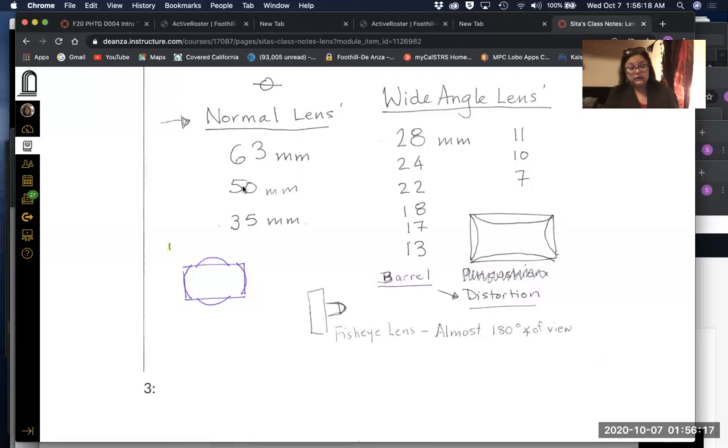So very, very short lenses can give you an angle of view that might be almost a straight line, 180 degrees. So if you've ever seen an image of maybe a room full of people, and at the edges of the frame, people look kind of stretched out like that, that image was made with a very wide angle lens, and that stretching out that you see at the edges of the frame is caused by the wide angle nature of the lens,